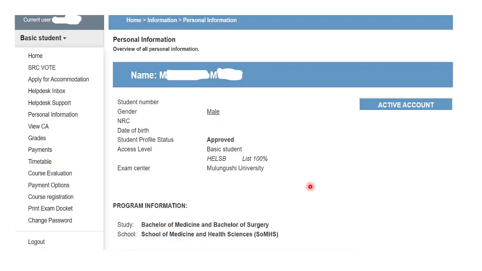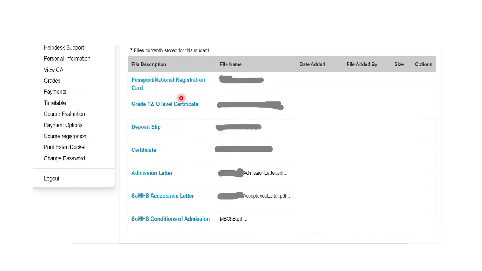So now, how do you download your acceptance letter? How can you download it? So it's simple. You just come to here on personal information. Do you remember registry files? So you click on registry files. So when you click on registry files, you'll see something like this. So here, this is a part where I was saying, you can see it is written national registration card, meaning